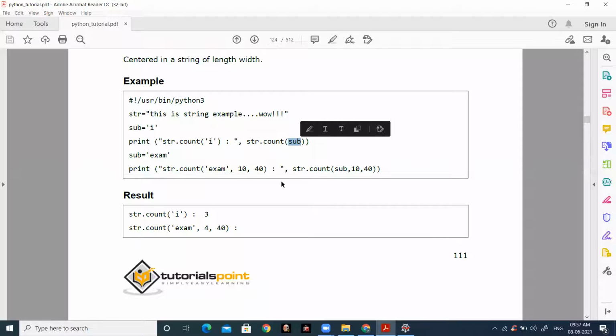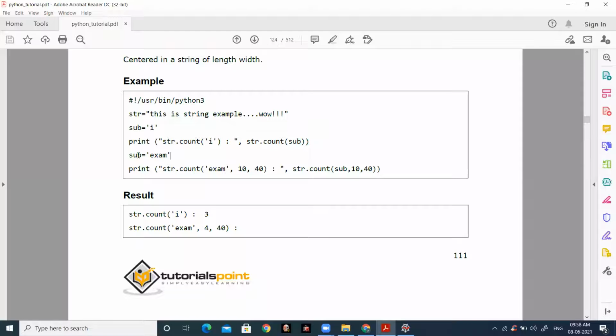Here there is no beginning, that means no starting value and no ending value, only one substring we are giving. Whenever we don't take any start value and end value, by default the search starts from the beginning index and ends with the ending index.